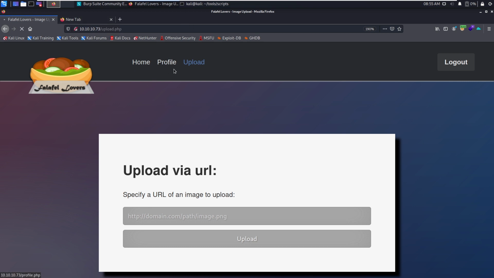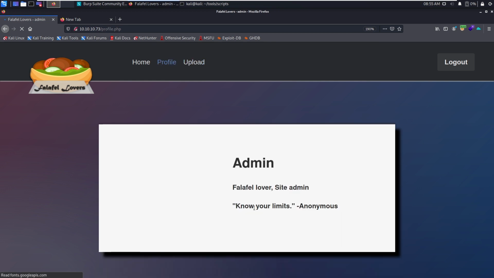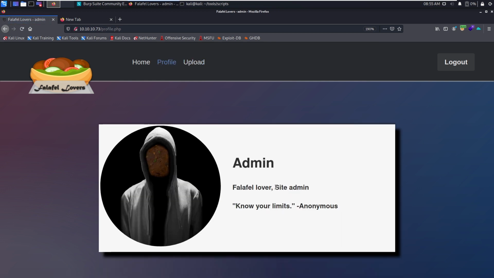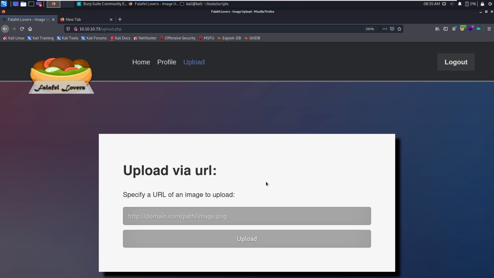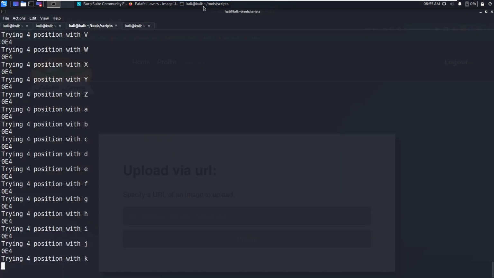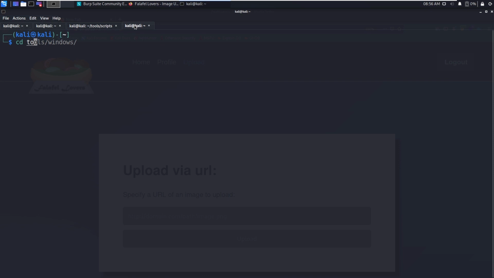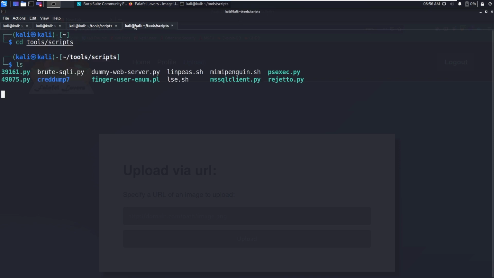So if you click on profile, it says know your limits. So that means we need to put a long name so that there may be a buffer overflow. We don't know. So let's go ahead and try it. Okay, let's create a new file.